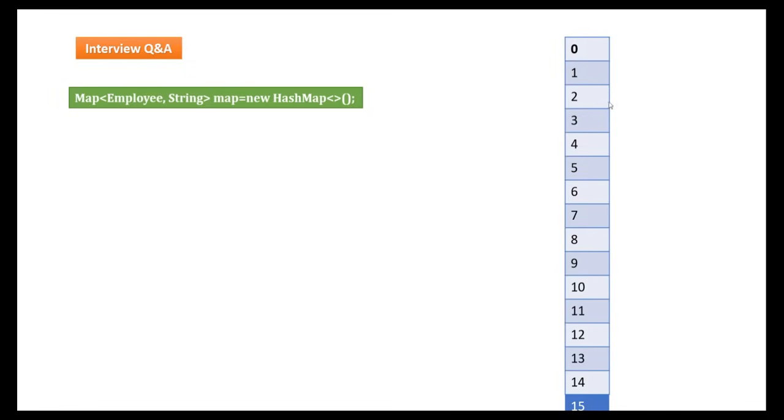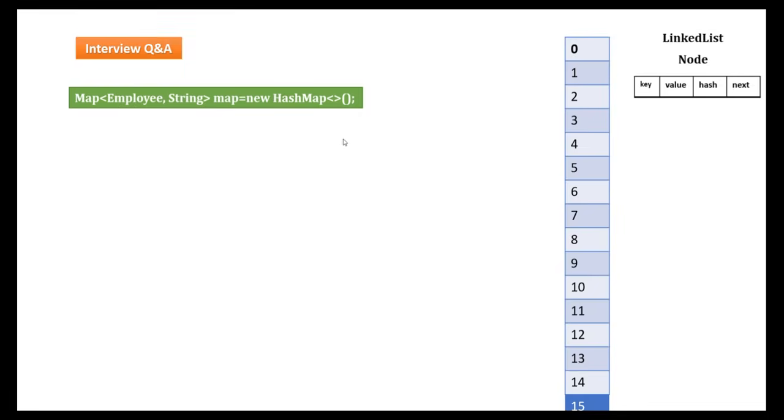Each bucket internally uses a linked list. So in these buckets, bucket 0, 1, every bucket is considered as a linked list, and this linked list contains one node. If you observe the internal structure of a node, it contains key, value, hash and next. So each bucket can be considered as a linked list, and each linked list or bucket can have n number of nodes. And that node structure will be key, value, hash and next.